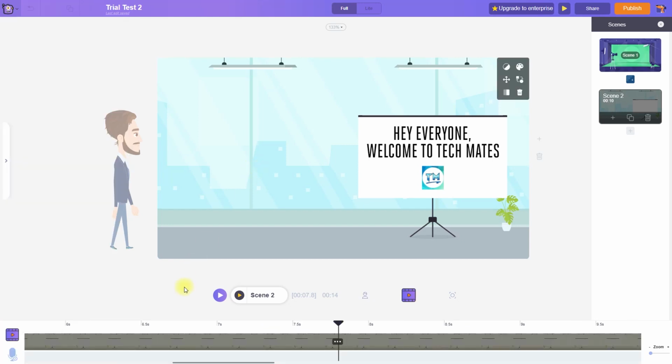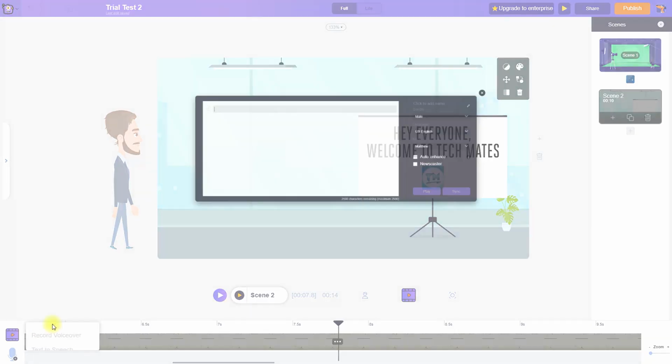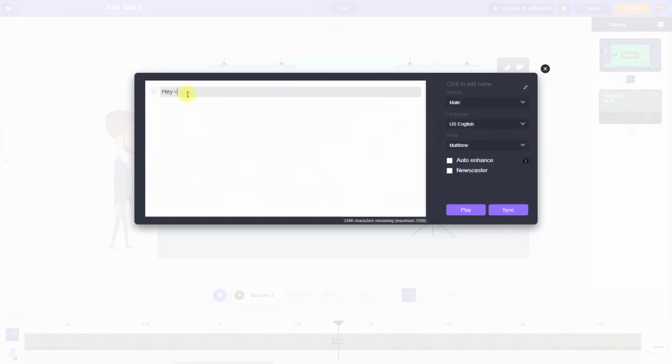Now let's see how Animaker voice works. So for that I'll click on this and then I'll go to text to speech, which will open Animaker voice. Let me show you how it works. It is really cool. I really like Animaker voice, which is better than most of the text to speech platforms, and it is going really well towards a realistic voice. I don't really like to use automated voice for my animated videos, but if you'd like to try it for your videos, Animaker's text to speech tool is a great option because this tool is getting close to real voice with their various options such as pause and emphasis.